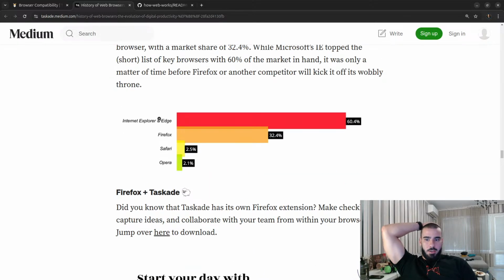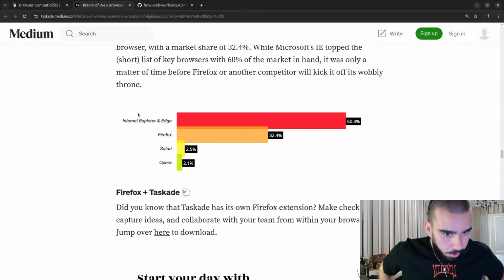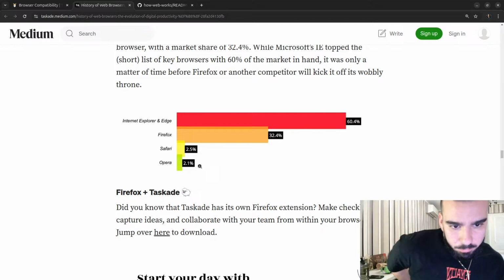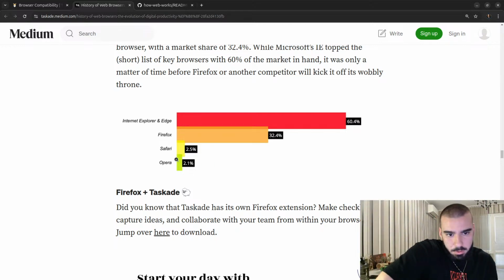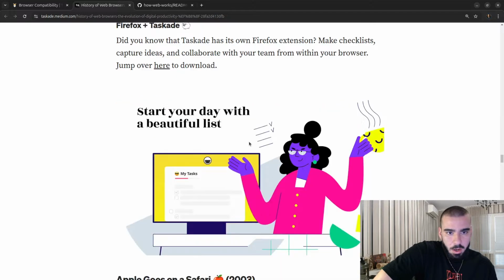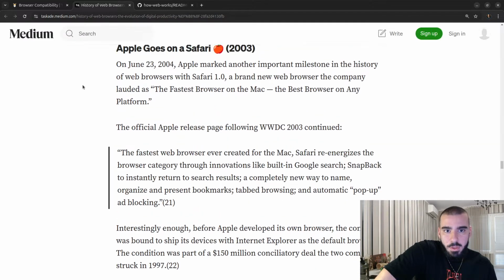So that was the market share in 2008. I guess Safari, Opera really down here with 2 point something percent. Firefox and Tascady. What is Tascady? Did you know that Tascady has its own Firefox extension? This is not okay. Anyways,